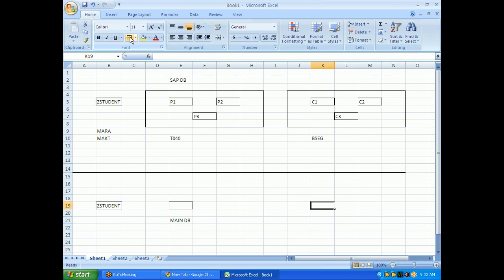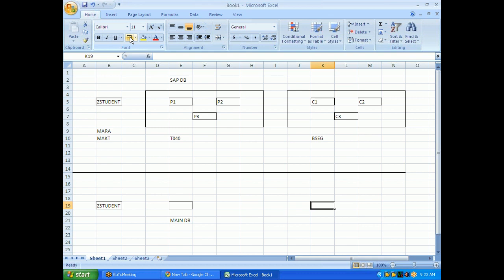Example: program source code, accounting headers. You can write the table BSEG.